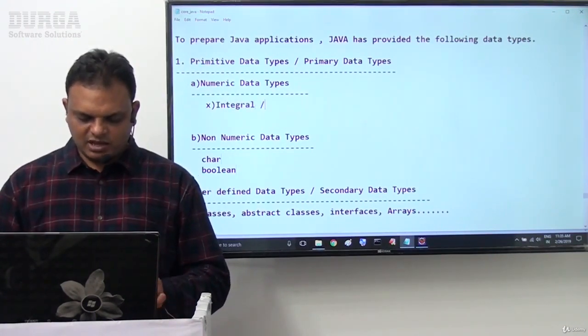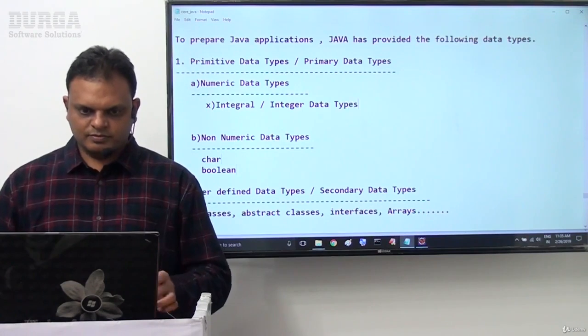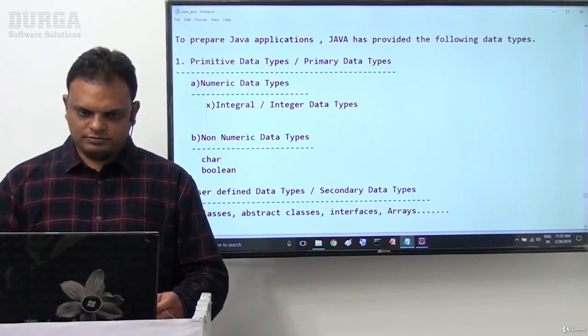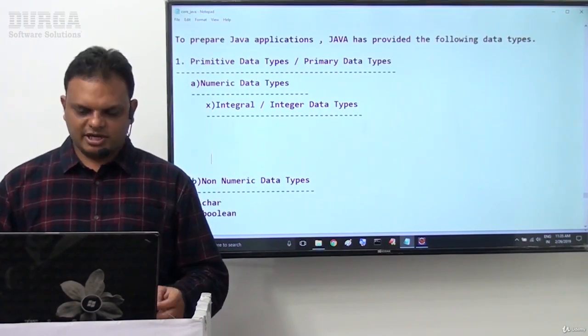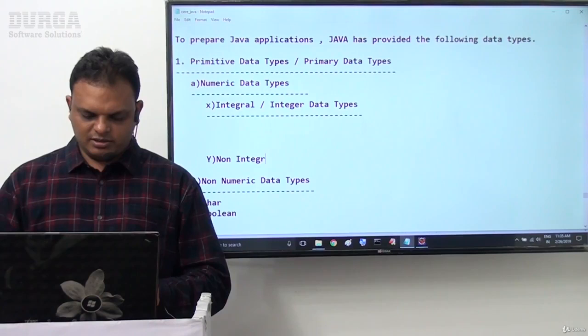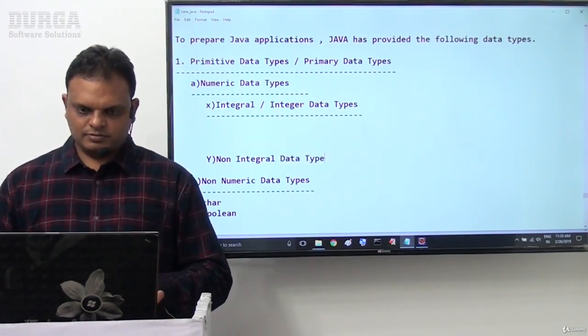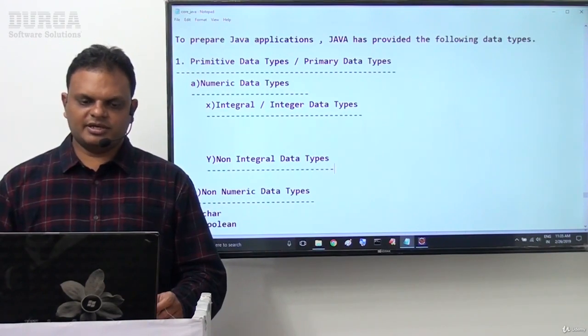The first one is integral or integer data types, and the second one is non-integral data types.